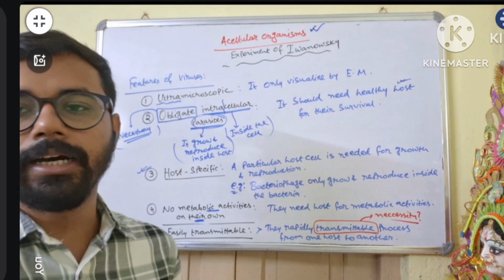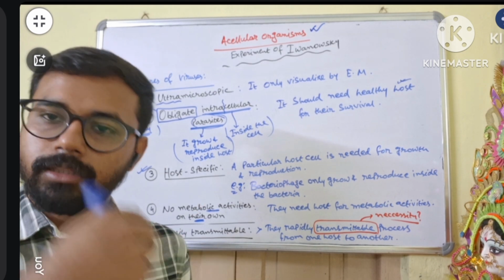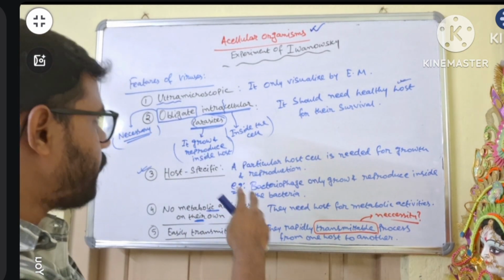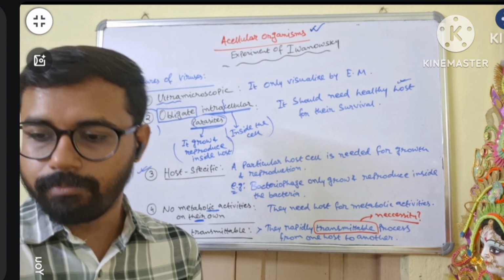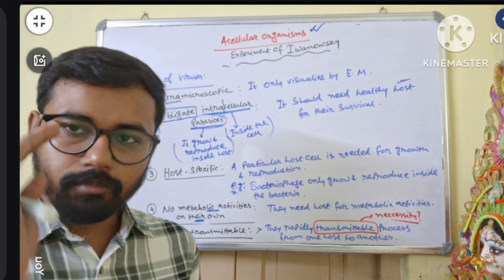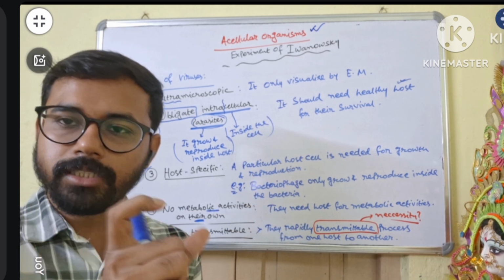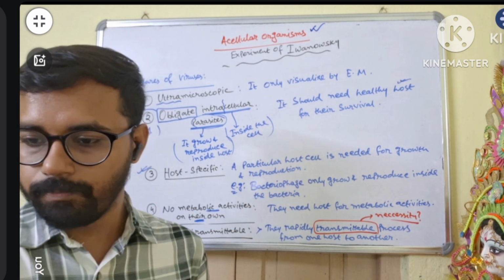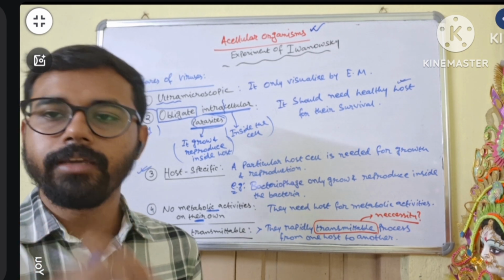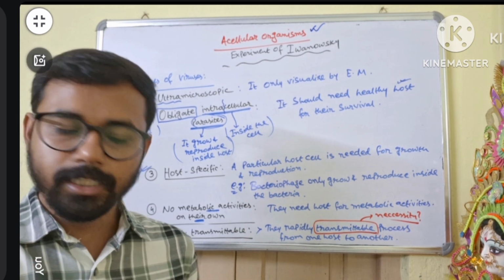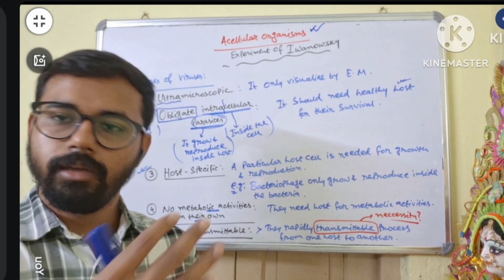So virus always looks for a healthy host. After entering a healthy host, they manipulate and grow inside the host, and the host will be dead after some time. So the virus's next target is another healthy host. That's why the transmissible process is very important in the virus life cycle. Transmission can be done through air, water, food, etc.